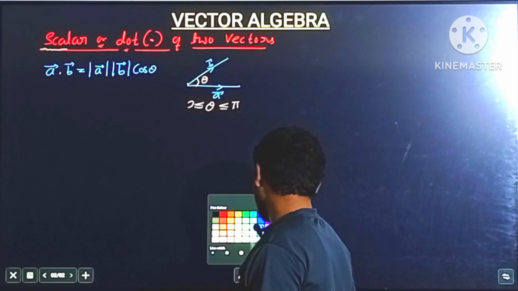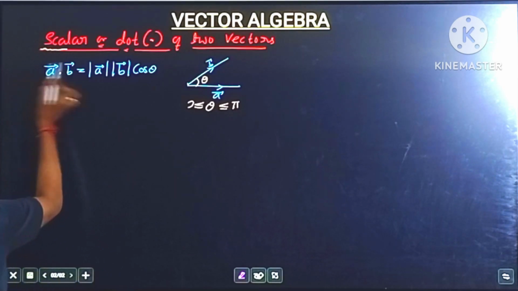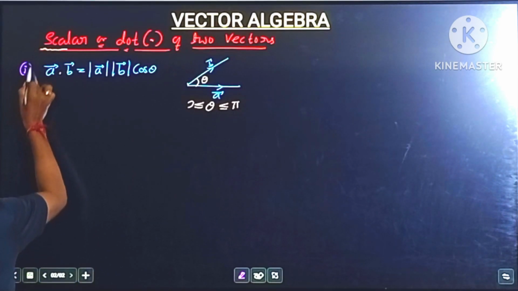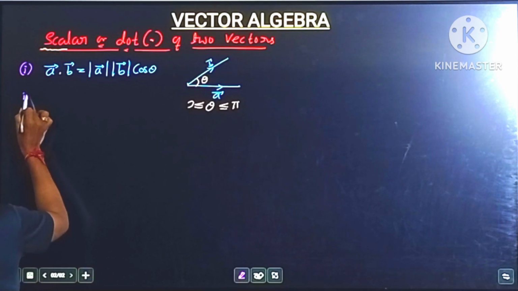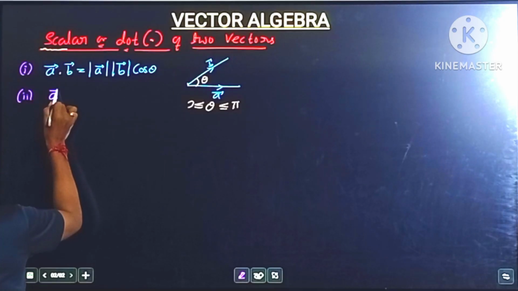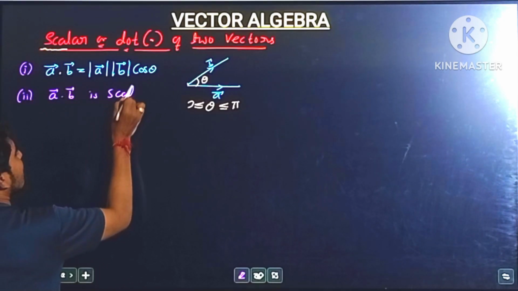And in this concept we need to observe some points here. See here, the first point is the definition of the dot product: a vector dot b vector equals magnitude of a vector into magnitude of b vector into cos theta. And the second point is, we already know a vector dot b vector is a scalar quantity,